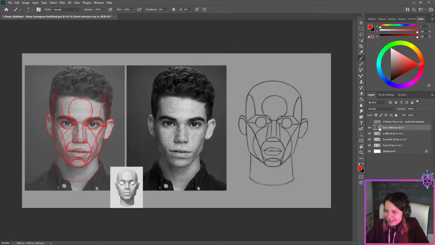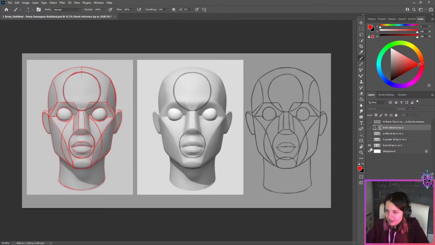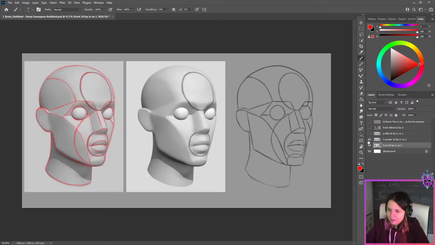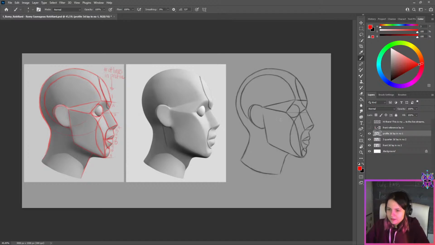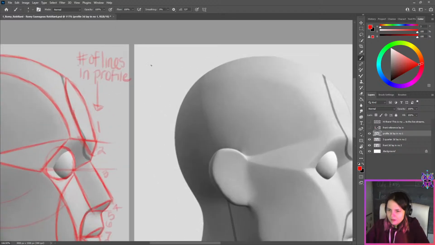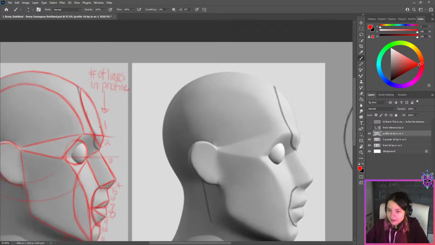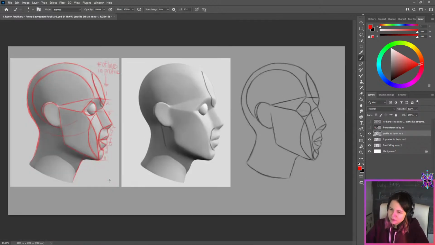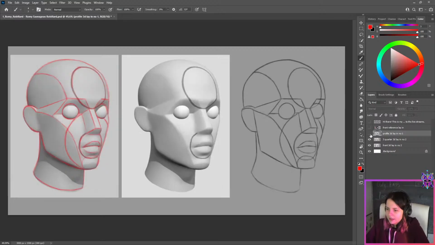Okay. So let's start with the 3D model. Really good 3D model studies as far as the structure goes. There are a few things that I'm gonna point out to you. So really important: lines in profile. Okay, so one really important thing that you need to understand about the 3D model is that